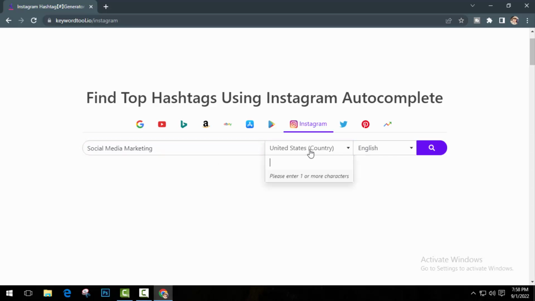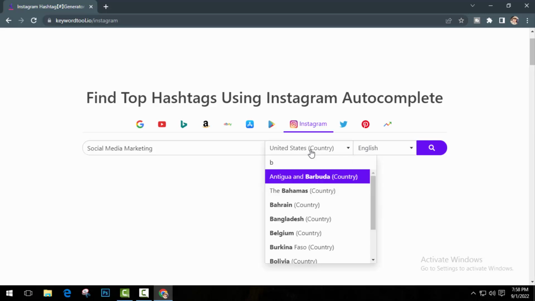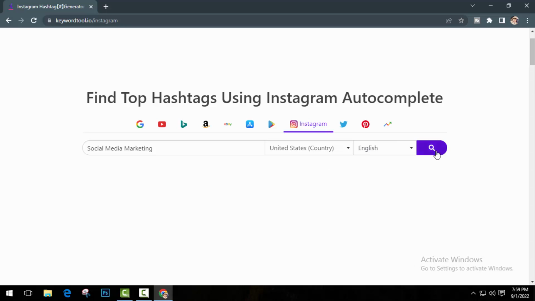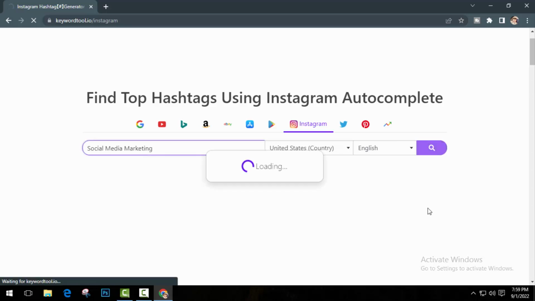And then select your country, the country you want your search results based on. Just click on country, type the first letter of your country and then select your country. After that, click on the search icon and you will get a lot of hashtags related to your niche, which is